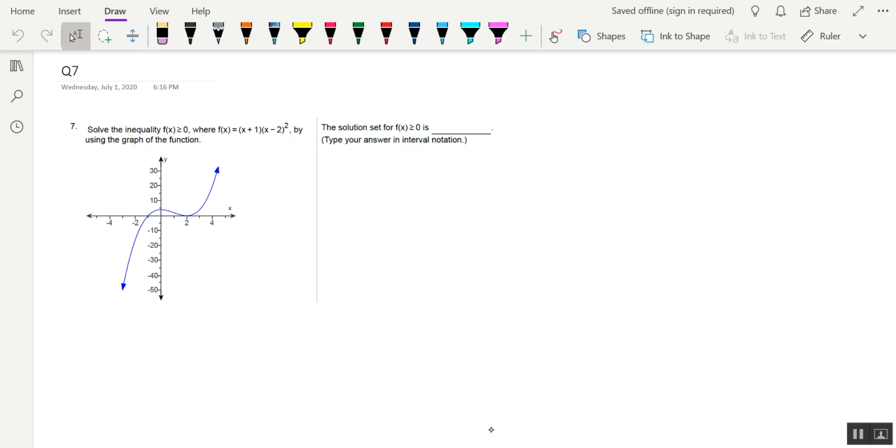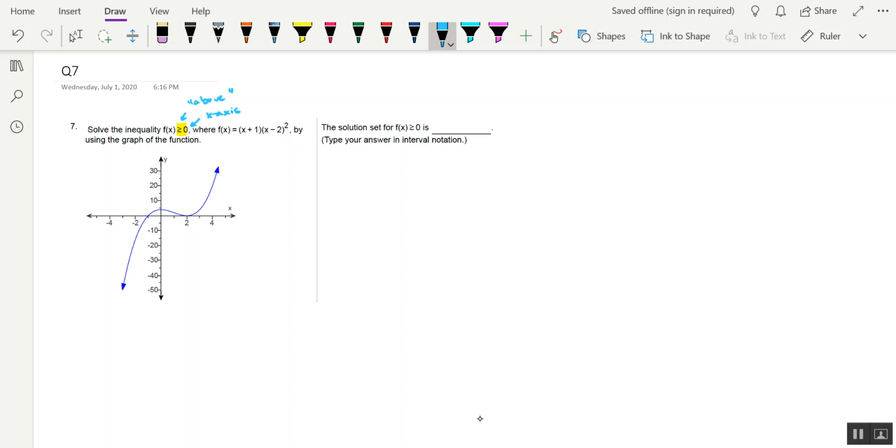Alright gang, what we're going to do is solve a polynomial inequality. Here it says solve the inequality f of x is greater than or equal to 0. So right out of the gate, let's interpret this inequality symbol. Greater than would mean above, and as we learned in a previous video, 0 means x-axis. So we want to figure out the x values that make the graph of f of x above the x-axis,